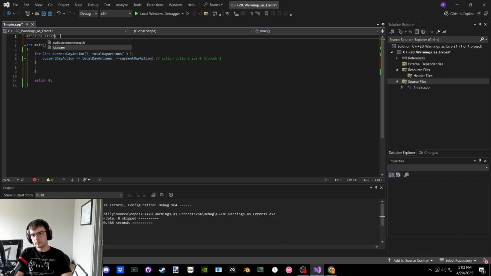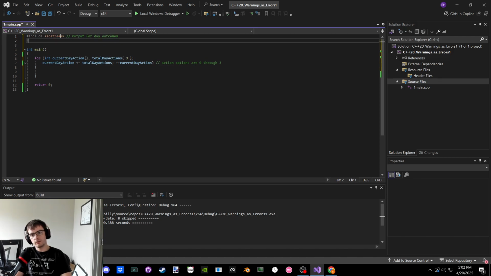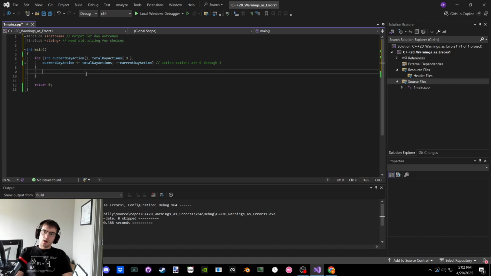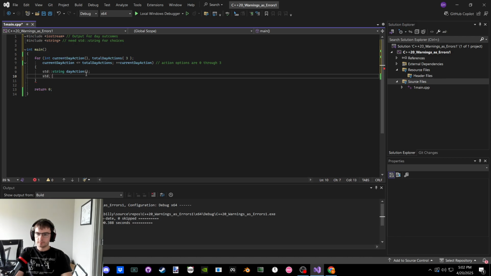So we'll need input and output for day choices, for day outcomes, and then a standard string for choices. Okay, so we could do a standard string day action, and then we could do standard getLine,